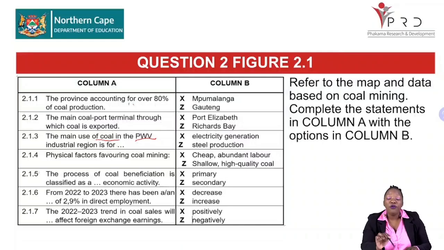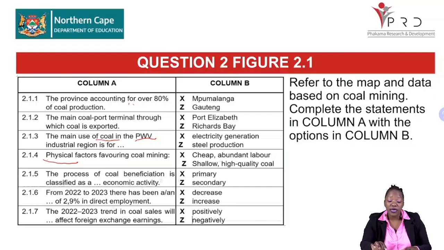Then your number 4, your physical factors. So it's physical, not just any factor, favoring coal mining. Is it cheap, abundant labor or is it shallow, high quality coal? Then your number 5, the process of coal